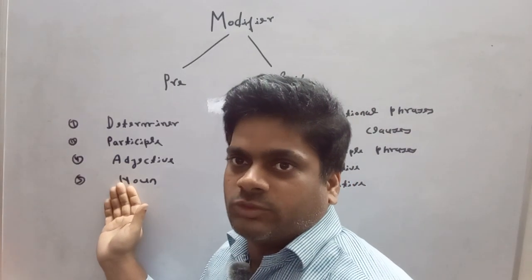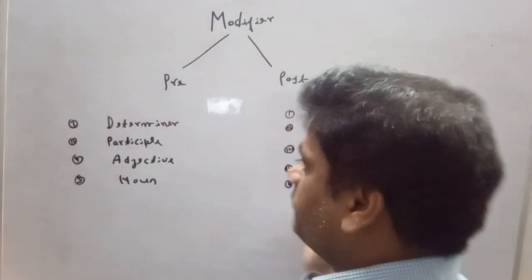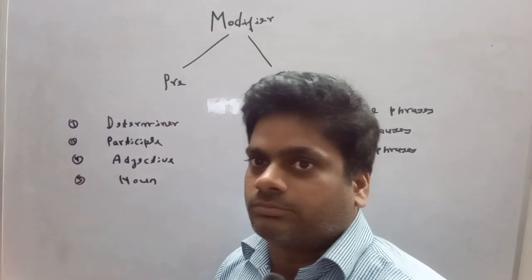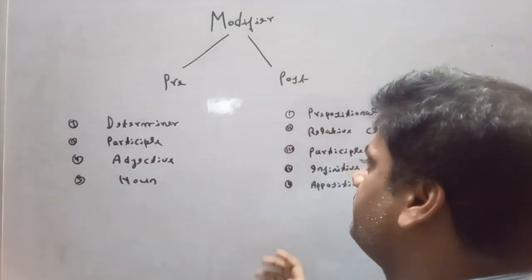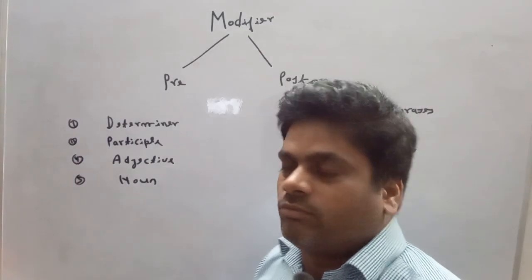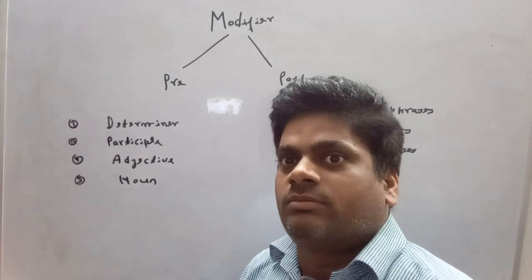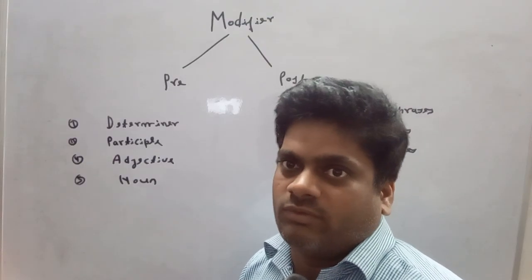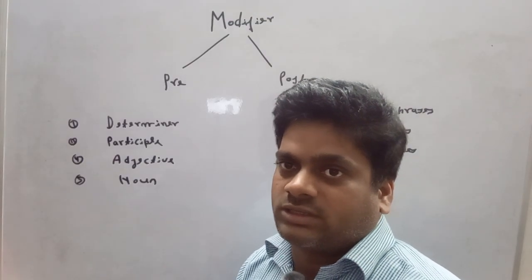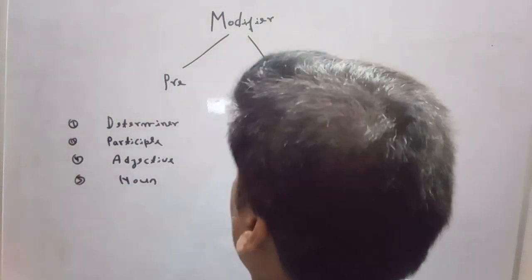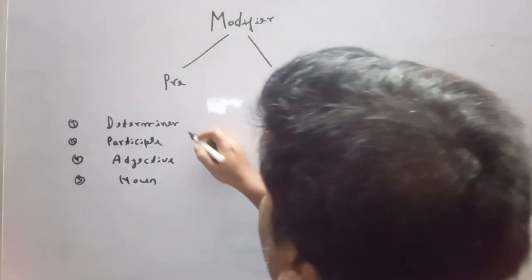Pre-modifiers come before a noun and post-modifiers come after a noun, and their basic function is the same, only to modify a noun. No matter whether it comes at the beginning of the sentence or in the middle of the sentence, it's no matter. In case of determiners,